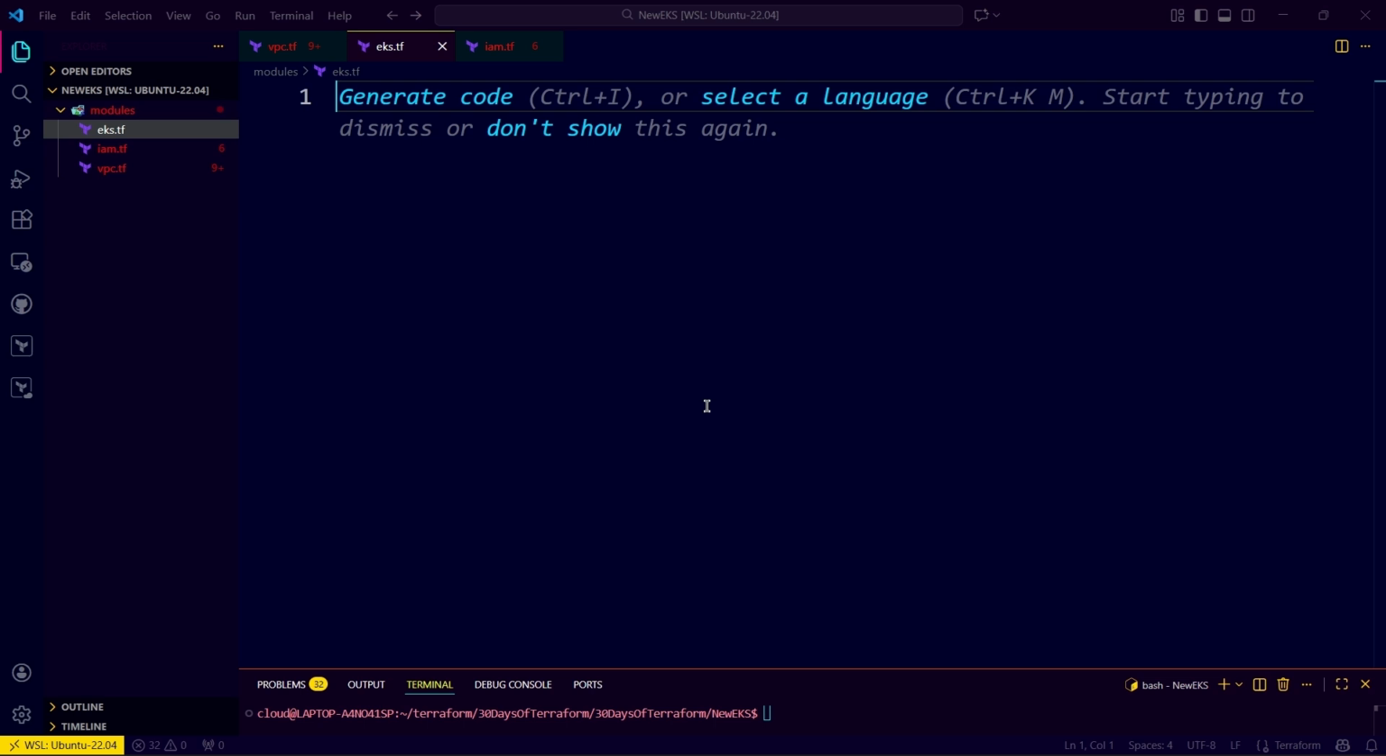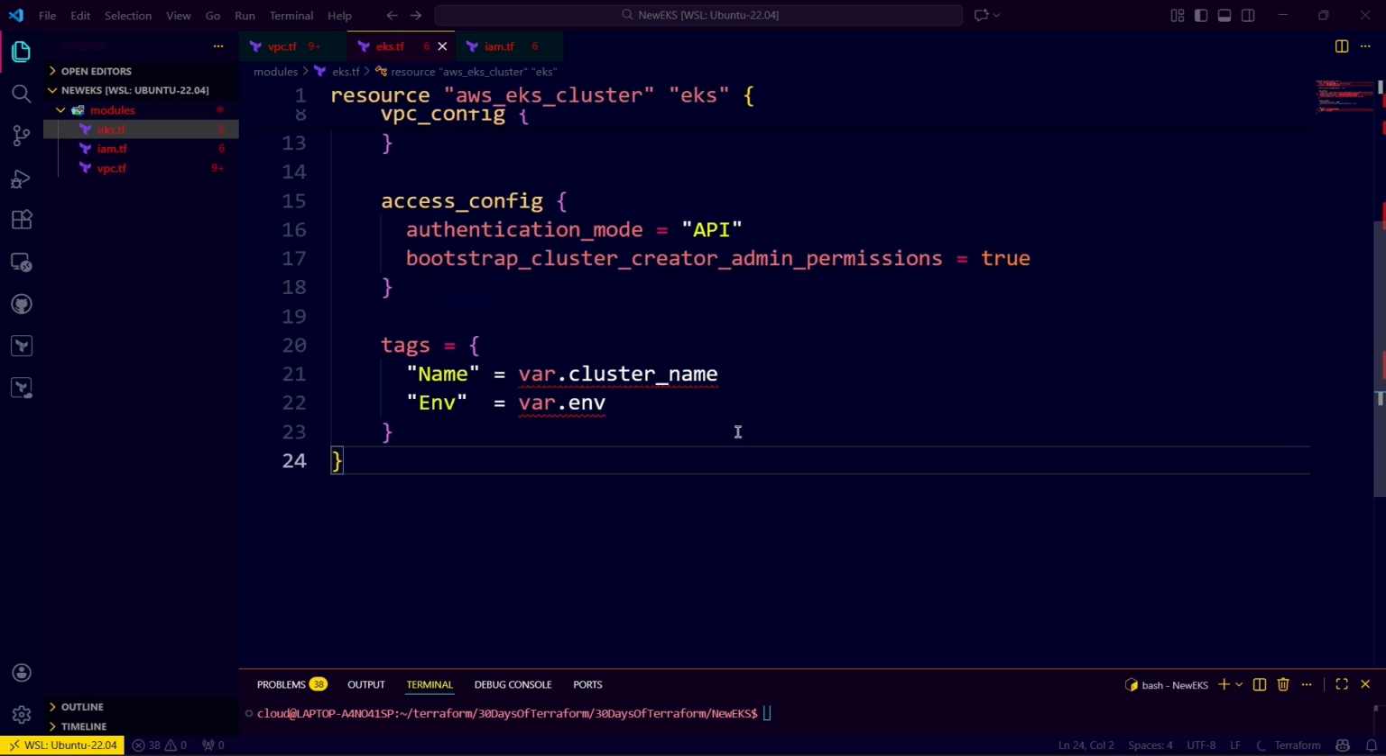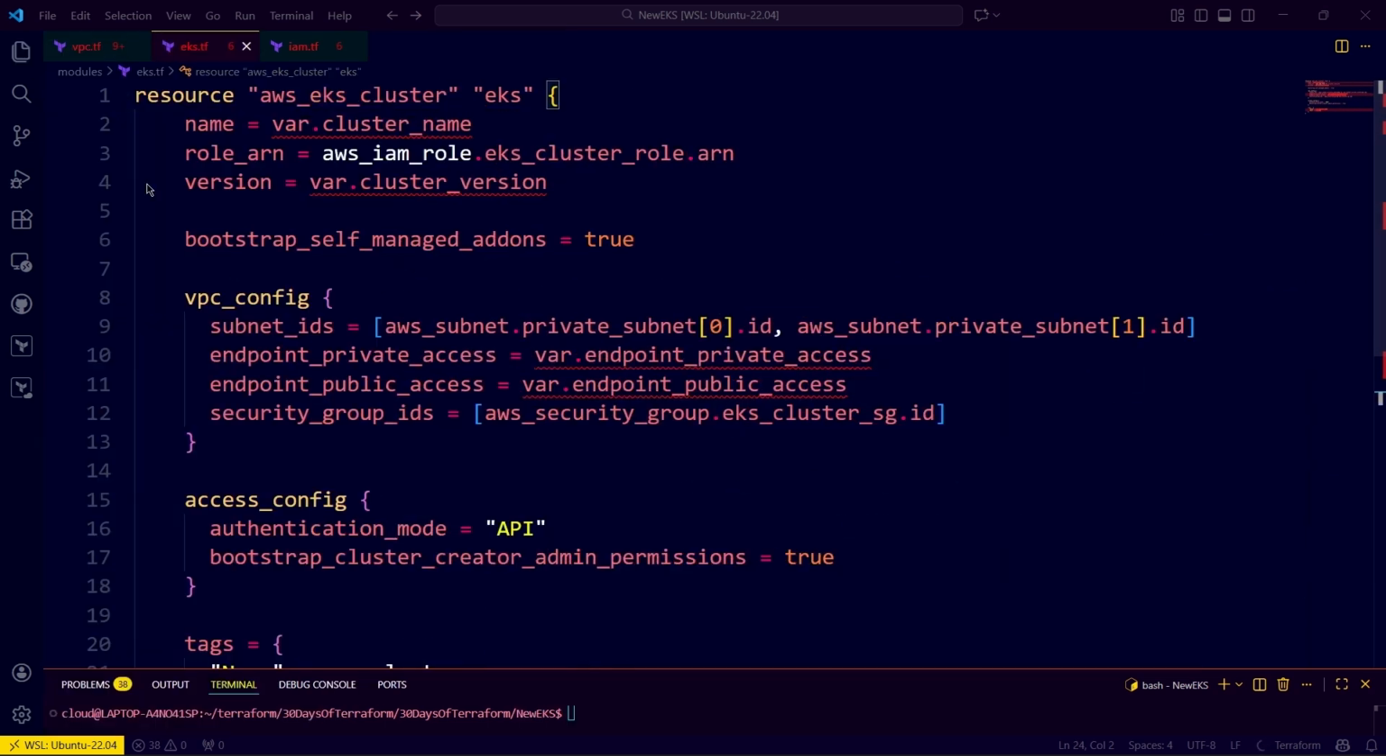So firstly, we will create a control plane. To create a control plane, this is the resource block. We are giving a name. This name will be coming from our variables file, and the role ARN that we just created in our IAM, aws_iam_role.eks_cluster_role.arn, and the version that we want to use for our EKS, and